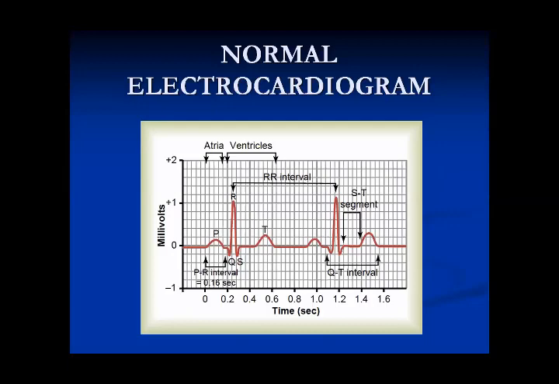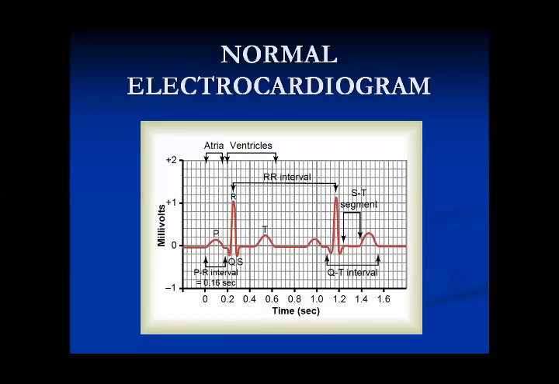So you need to draw a neat and correct diagram of ECG, labeling it correctly, and elaborating what this P wave is, what this Q wave is, what this R wave is, what this S wave is, what this T wave is, and what these segments and intervals are, right? So you need to briefly elaborate these as well. This is the most common university question that has been repeated so many times regarding ECG, right?